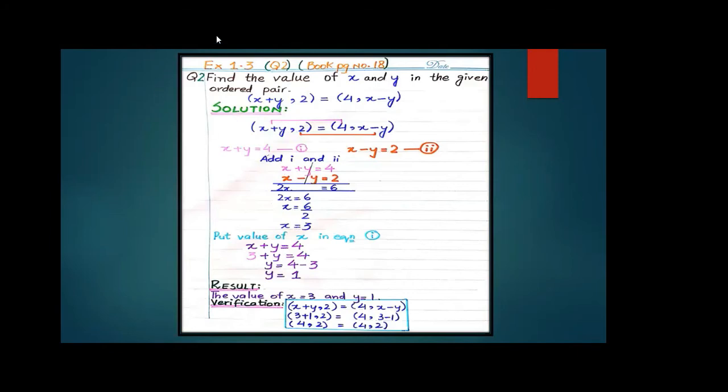Now here is a book question, exercise 1.3, question number 2, book page number 18. The question is, find the values of X and Y in the given ordered pairs. Two ordered pairs are given to you, and it is given that these two ordered pairs are equal. The first ordered pair contains the elements X plus Y, comma 2. The second ordered pair,